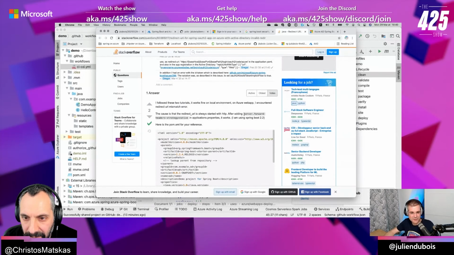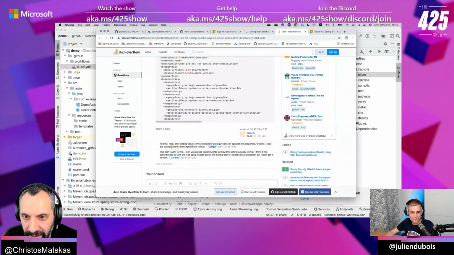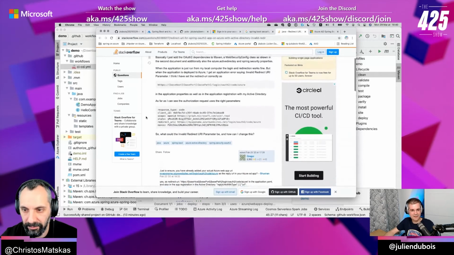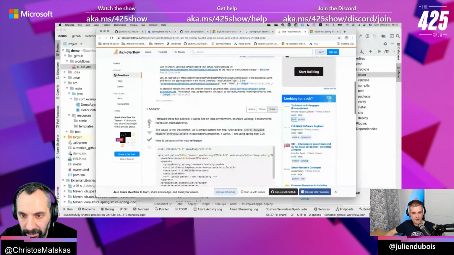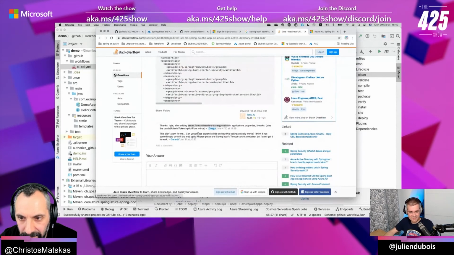After adding server forward straight native, it works. Is that the redirect URI? No idea what this thing is. Maybe another answer somewhere on Stack Overflow. But it seems that we're not the only ones encountering this issue. Those persons are adding this parameter. What the hell is that? Is that because the redirect URI always starts with HTTP? Let's trust them and try, and let's see if it's a good idea or not.